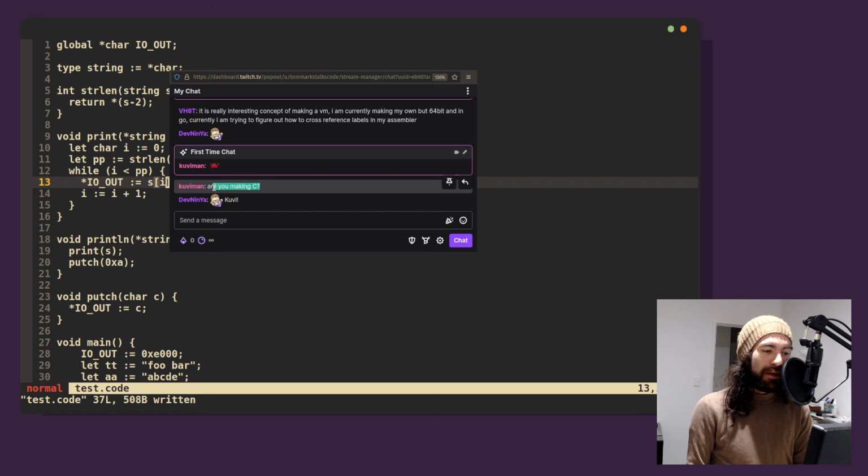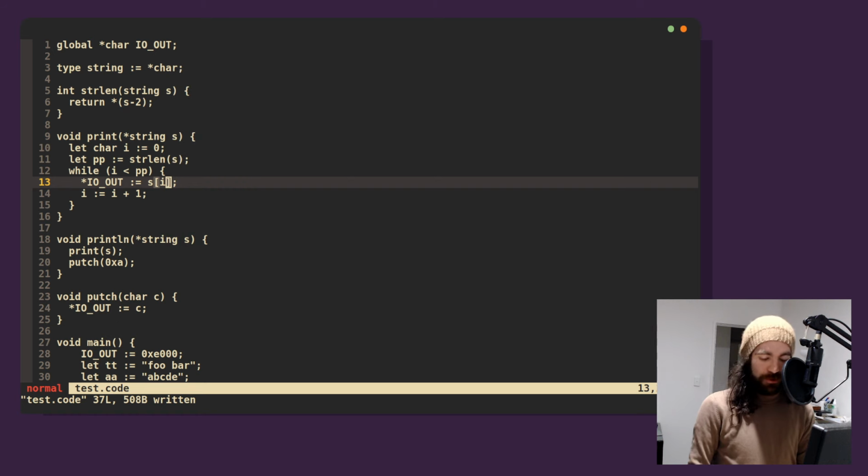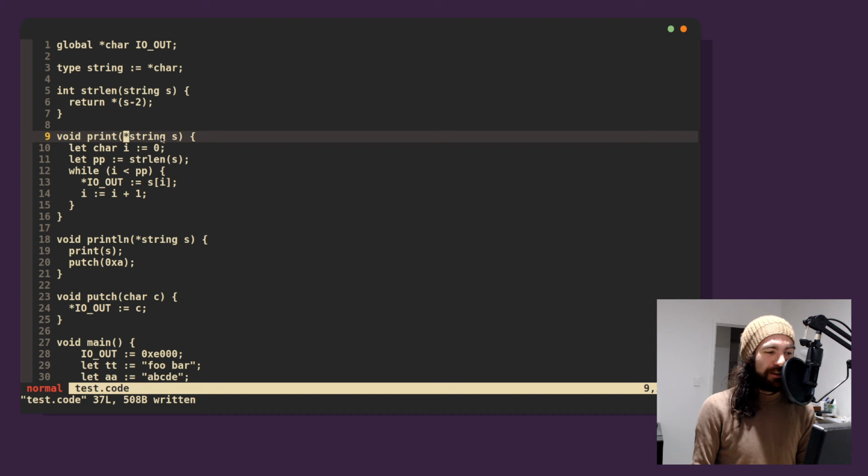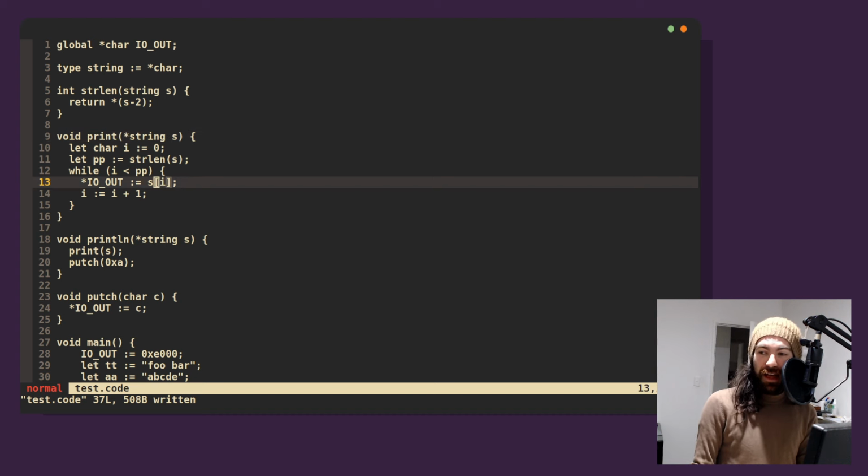Kuviman, welcome. Am I making C? I'm making C, but with walrus operators, and also compiling to a weird niche 16-bit VM that I'm making up as I go along. So kind of, yeah, I'm making a C-like language. My pointer syntax is a bit different. I don't have weird stars in the middle. But hey, yeah, Kuviman, I've definitely raided your stream before, right? You're doing compiler stuff. Are you the OCaml guy?